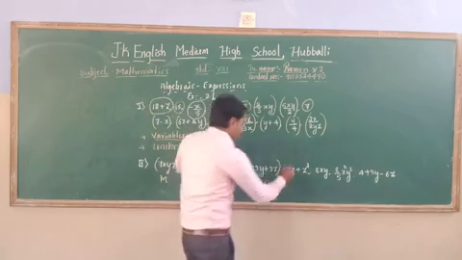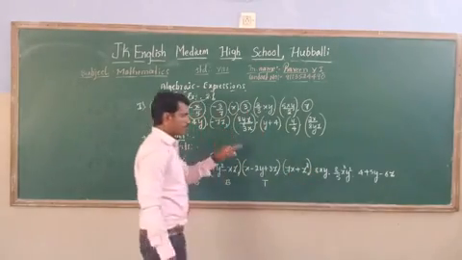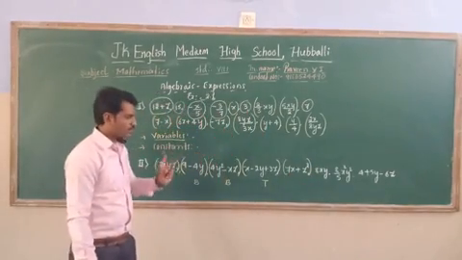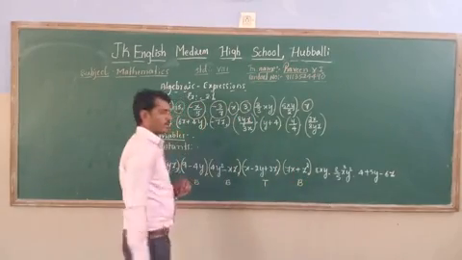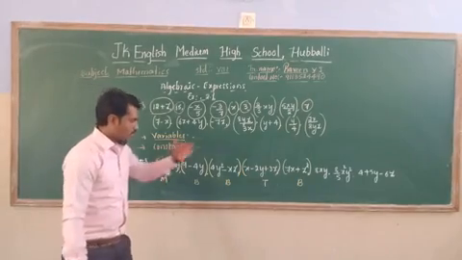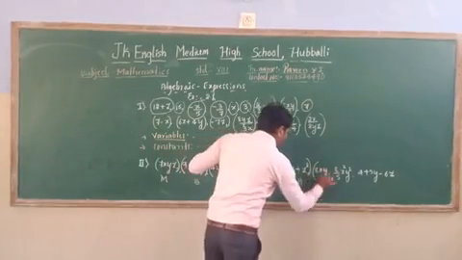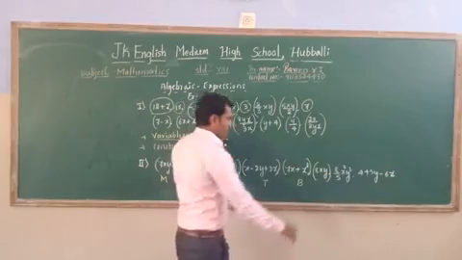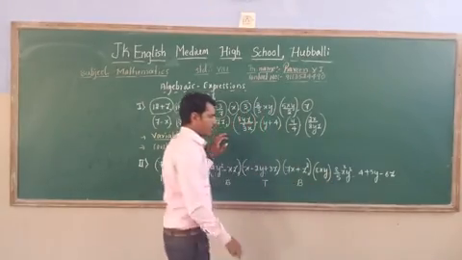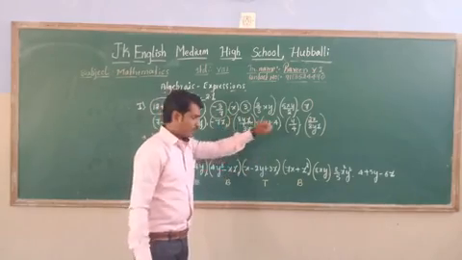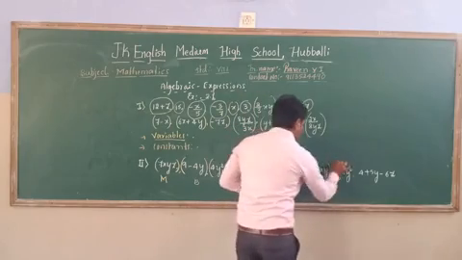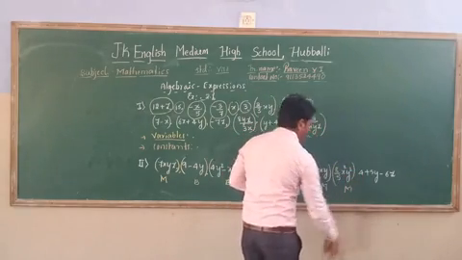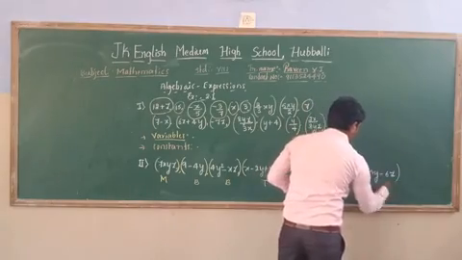And next one, 7x plus z squared. How many terms are there? 2 terms are there. Why we call it a binomial. Is it clear? So on the next one, 8xy. How many terms are there? 3 terms are there, but not separated by a single sign. So we will take it as monomial. And this is also monomial. And finally, trinomial.